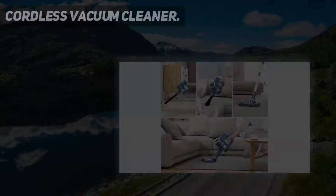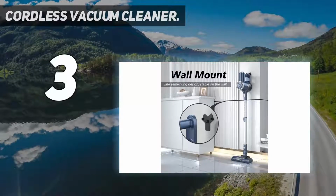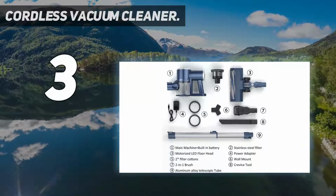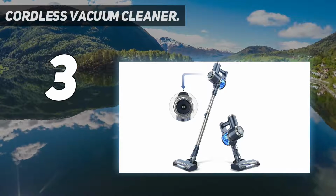At number 3. Cordless vacuum cleaner. Widely applicable 2 modes and long-lasting battery. PrettyCare cordless vacuum stick provides 35 minutes runtime in 11,000 pascals and 20 minutes in 20,000 PA,